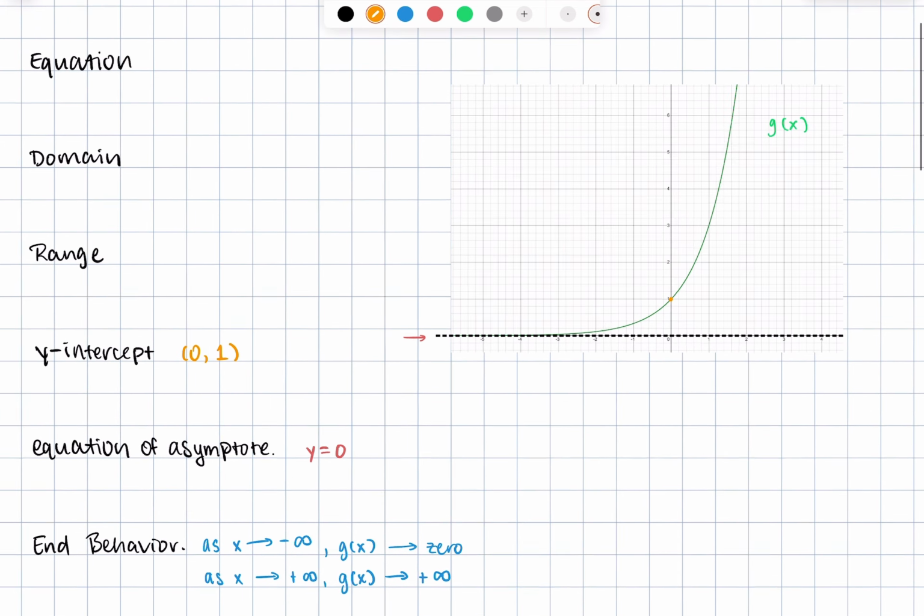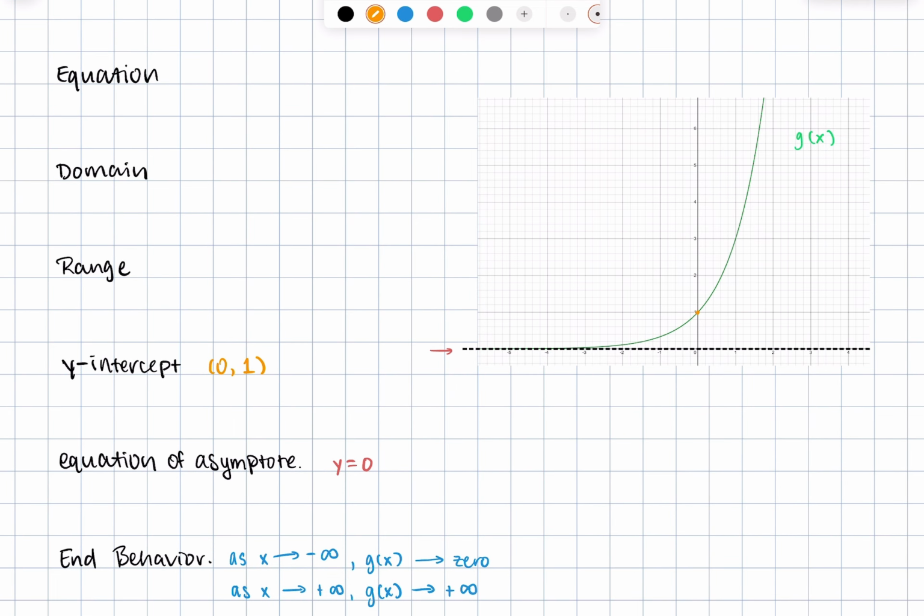Next, our range. So we're talking about the y values. In this graph, we can see that, let's start from the bottom, the values kind of start at 0, but they don't touch 0, so we're going to use a parenthesis, comma, and they go all the way up to infinity, positive infinity. Do I always have to write the positive sign? Is a question I usually get. No, but